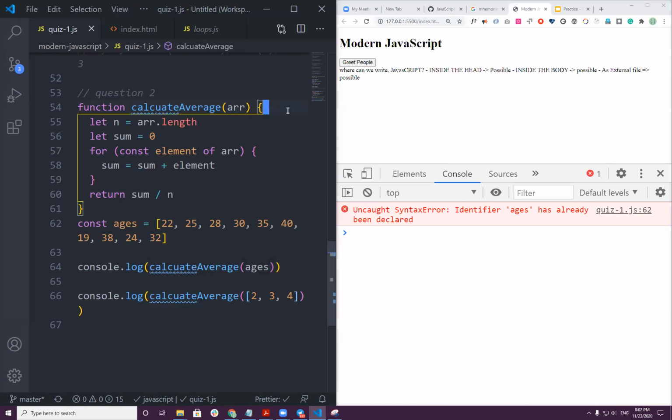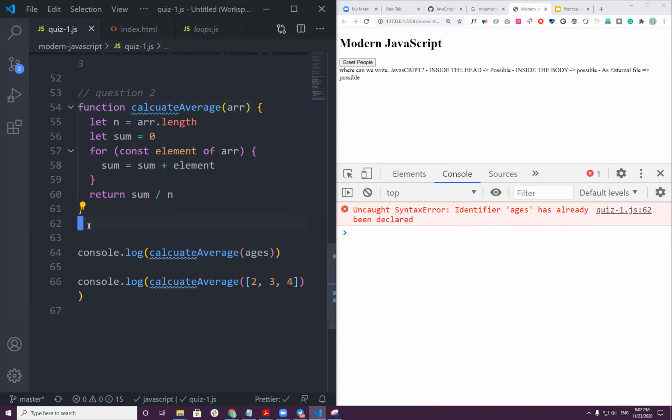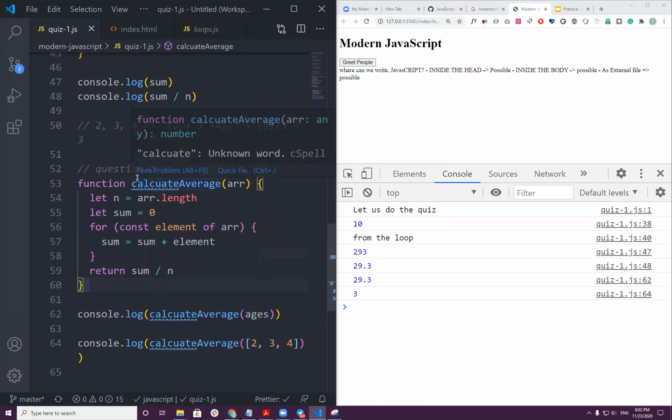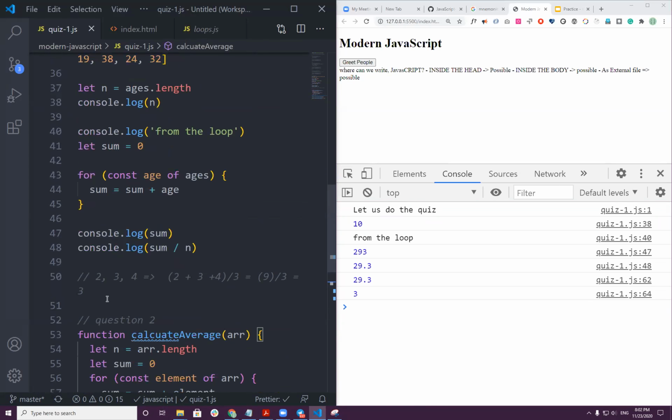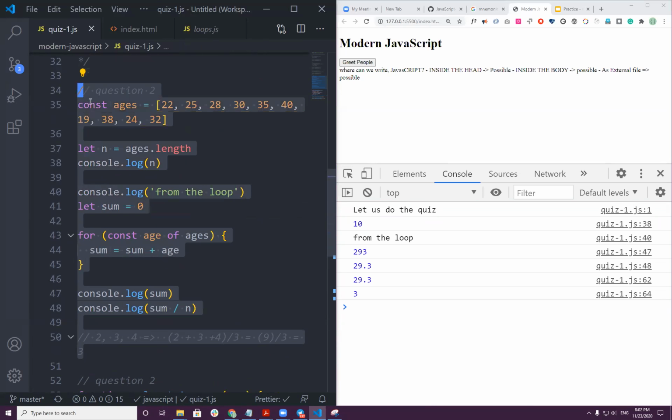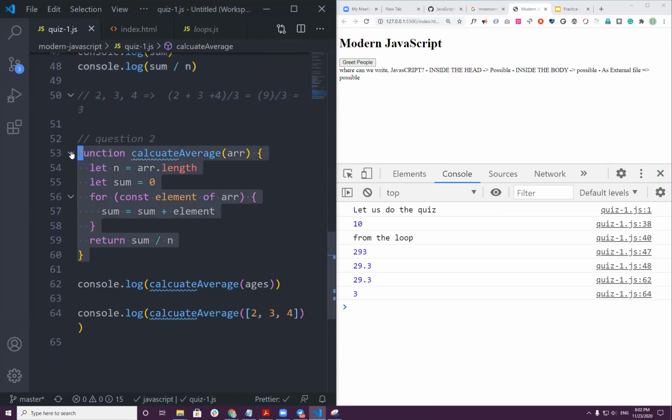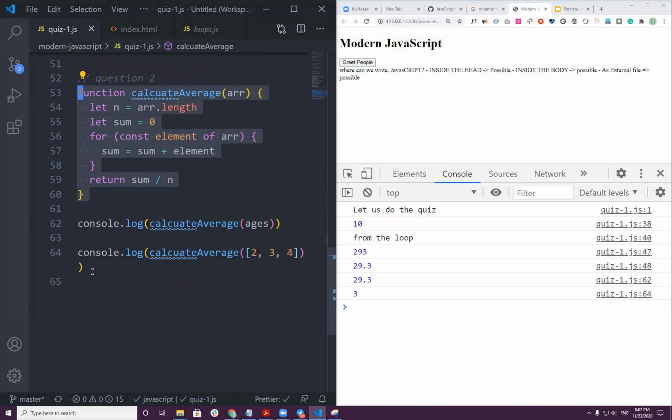Identifier age has already been declared there, so we don't need to declare it here. So we transformed what we had. As you can see, it's possible to write it this way, but if you write it this way, you can't reuse it. If you change it to a function, now you call this function and you can reuse it and pass different values.